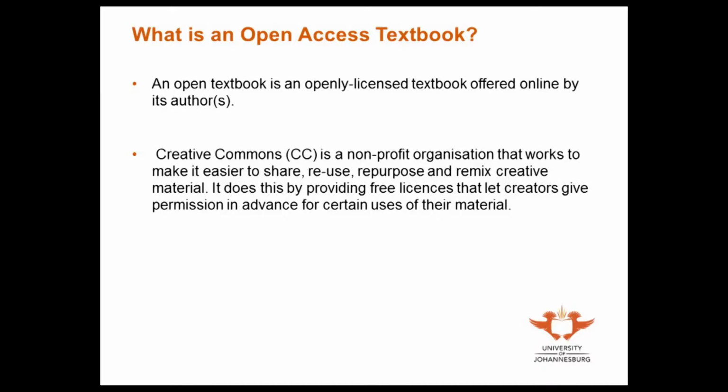Basically, what is an open access textbook? An open textbook is an openly licensed textbook offered online by its authors, and usually they use a Creative Commons license. Creative Commons is a non-profit organization that works to make it easier to share, reuse, repurpose, and remix creative material. It does this by providing free licenses that let creators give permission in advance for certain uses of their material. And basically, there's a difference between a traditional copyright and the licensing that applies to open access